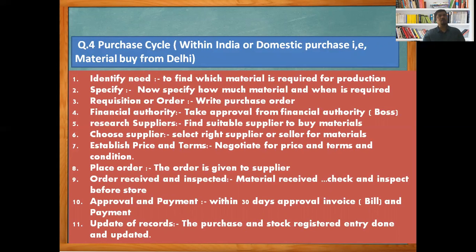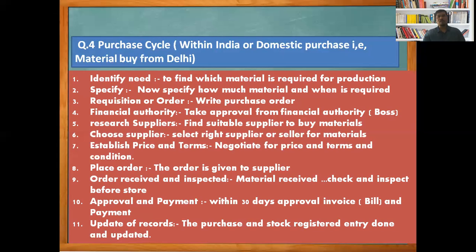Choose the supplier. I am going to make inquiries with different suppliers about the material. I can choose the supplier who can provide the right material at the right price and allows bargaining and discounts. Establish price and terms before placing the order, before the seller accepts the order. We are going to negotiate the price and terms. That is called negotiation. Establish price and terms, then place the order.